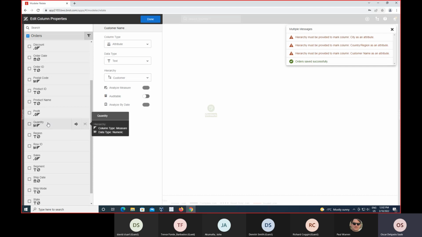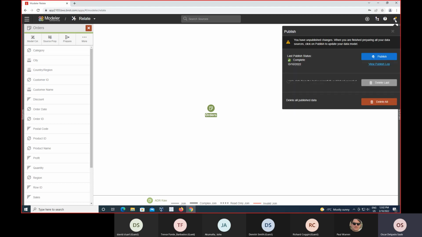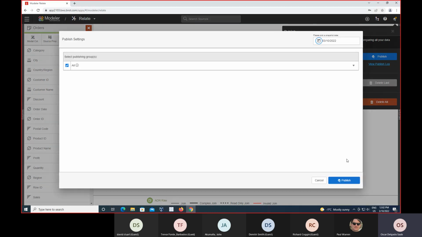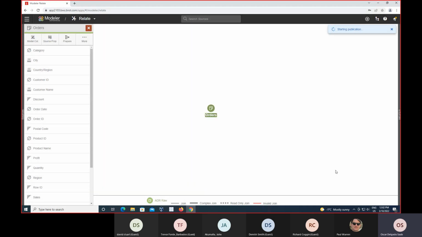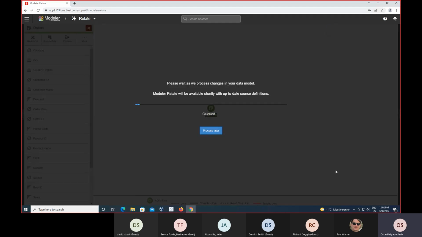And then we already have those measures. We have quantity, profit, sales. Those are marked as measures, so I'm not going to do anything else. So right now my repository is empty, but I can process my data. I can click publish, and when I click publish, Birst is analyzing all the definitions that I have created, reorganizing all the tables internally to hold the information for the customer and to hold the fact information with the measures and relate that information with customer. And in a few seconds, everything will be ready